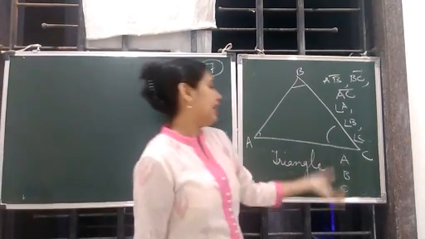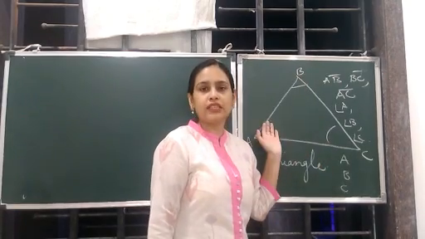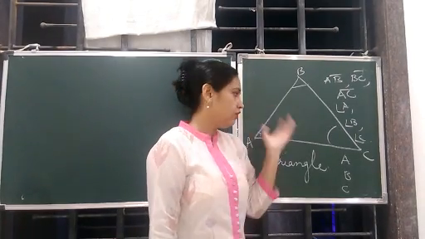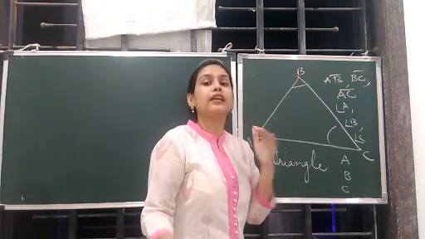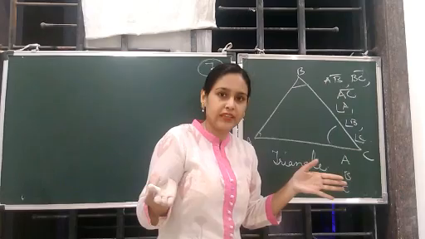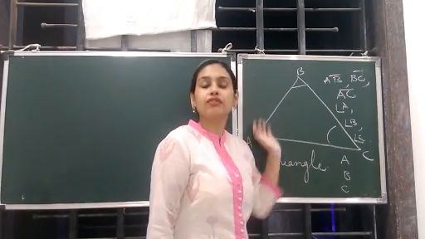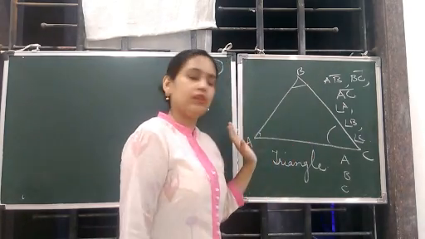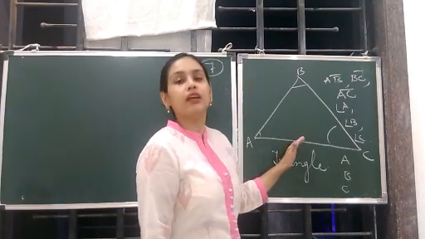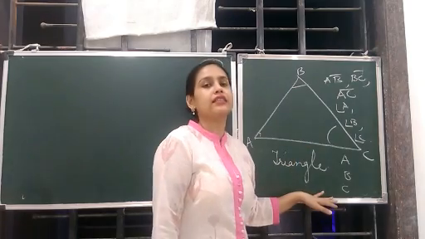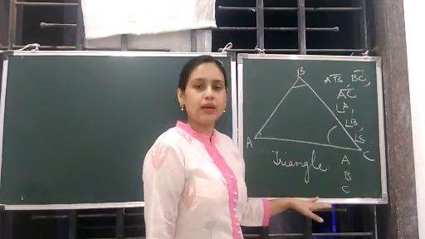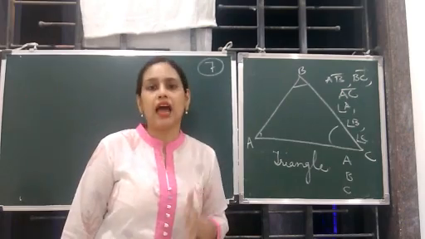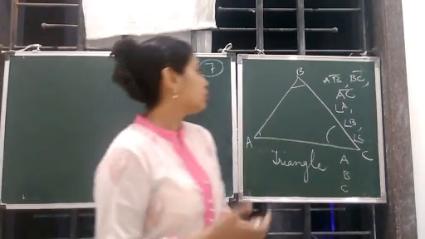And a triangle can be classified. I'm so sorry, I was teaching angles, so that's why I said angle. Triangle can be classified. Classified means उनके types पता चल सकते हैं on the basis of their angles as well as their sides. So the new chapter for us is about triangles and its properties. The new chapter, that is chapter 6, the triangles and its properties. So moving ahead.